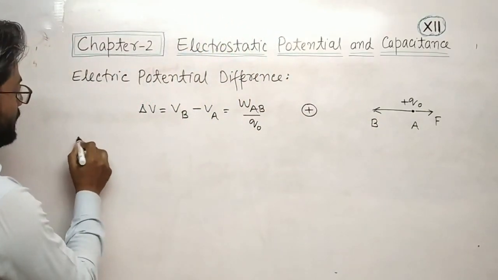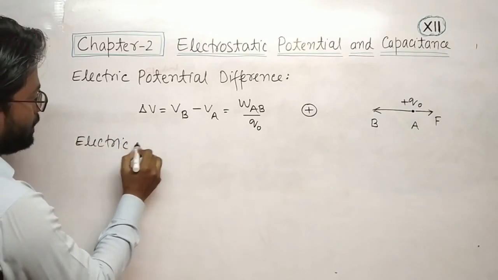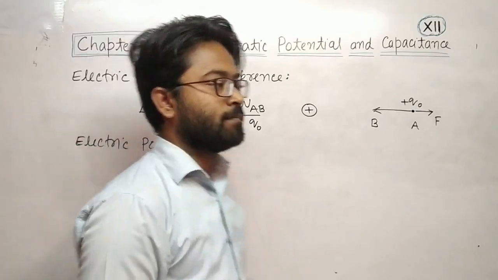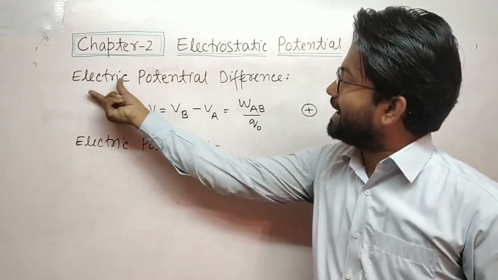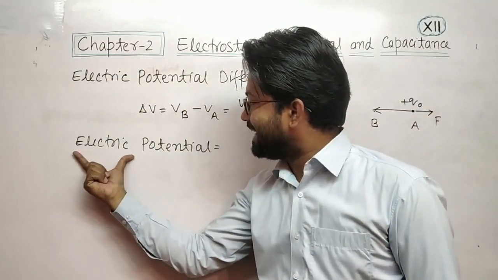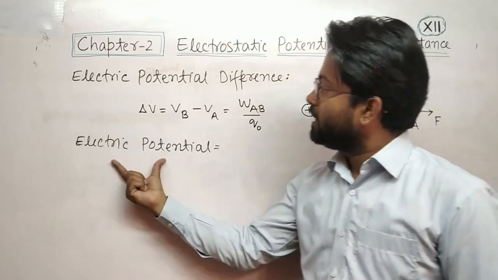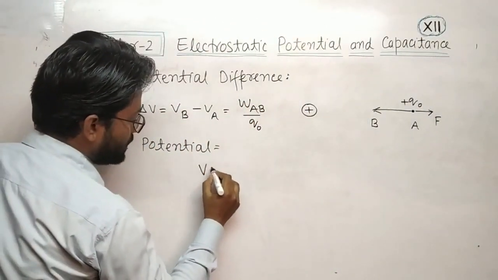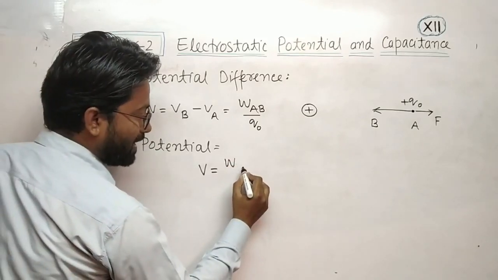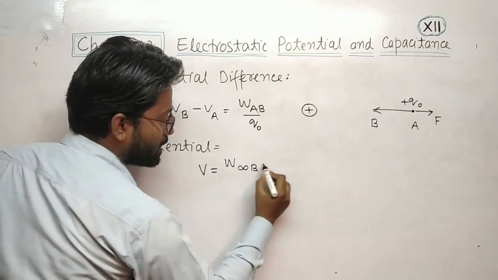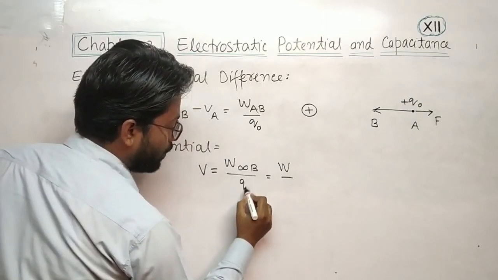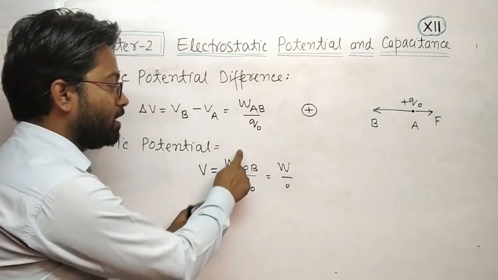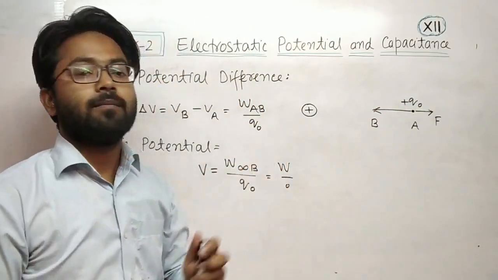Now we will discuss electric potential. First point was electric potential difference, and the second point is electric potential. What is electric potential? It is the same definition, but electric potential V is equal to W from infinity to a particular point, or simply W upon Q naught. Electric potential is the amount of work done from infinity to a particular point, per